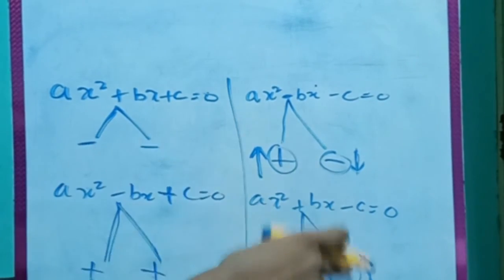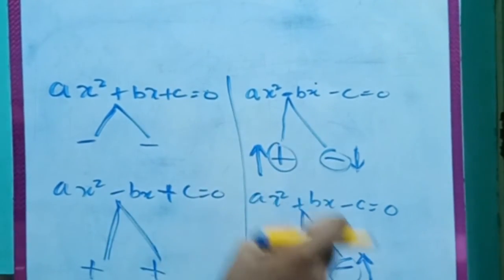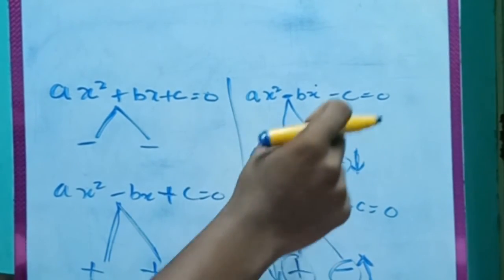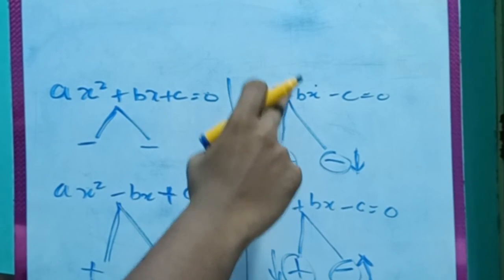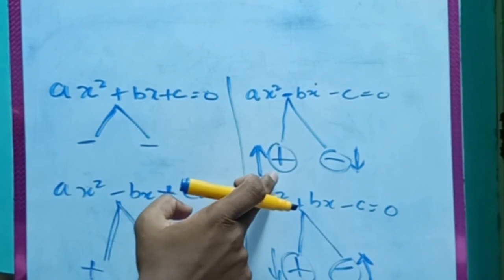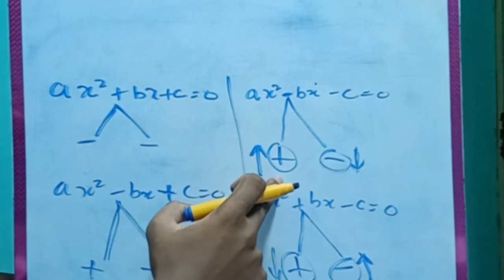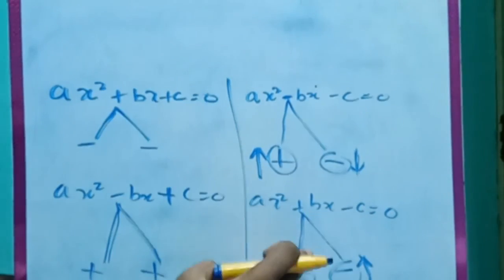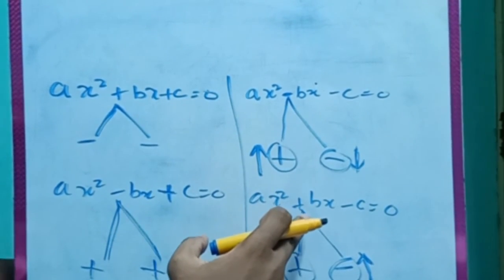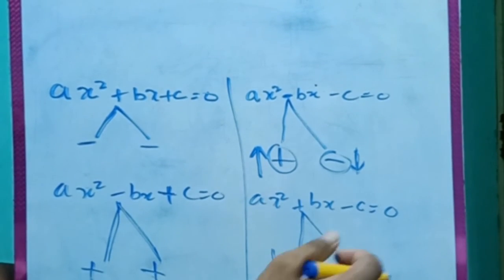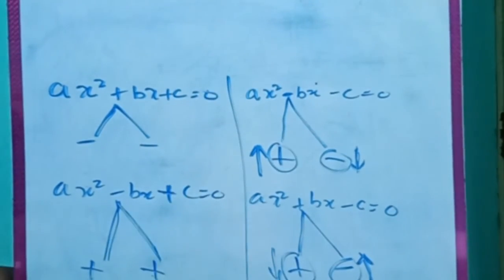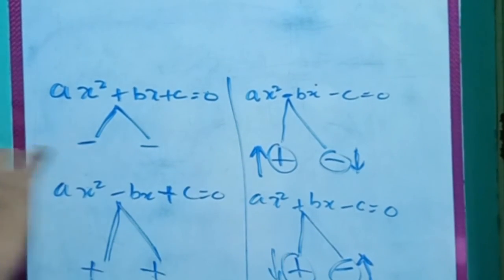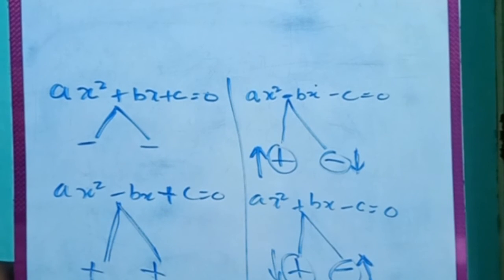This one is easy, but this one is confusing, because here you have to decide which root value should be positive and which root value should be negative. If there is a minus sign in front of b, the root which has the highest value should be positive, and the root which has the lowest value should be negative. And if there is plus in front of the b coefficient, the highest value should be negative, and the lowest value should be positive. Just understand this, guys. If you understand the sign convention, the rest of the thing is very easy, friends. I hope you understand this.